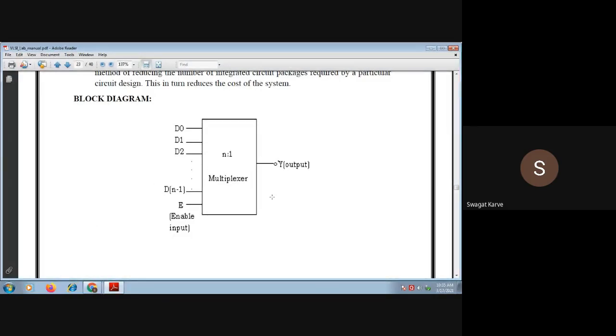That means you have n number of inputs, and depending upon the select pin, or the select enable inputs, you can choose a proper input that should get reflected at the output. That is what the multiplexer is, right? A many to one converter. In very simple language, you can say many to one converter. That is a multiplexer, right? And this is the generalized block diagram of a multiplexer.